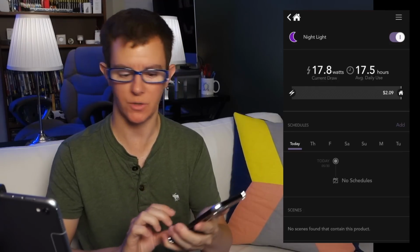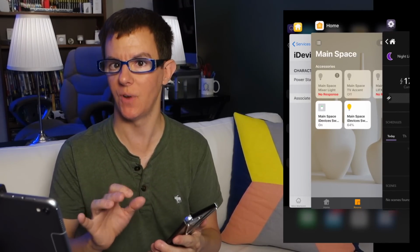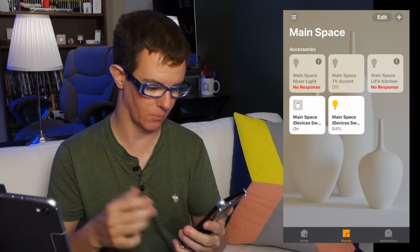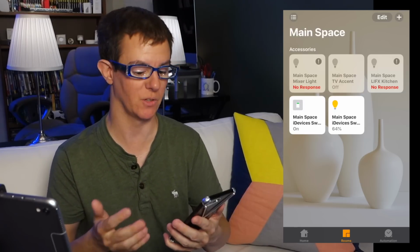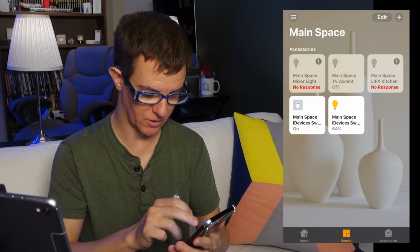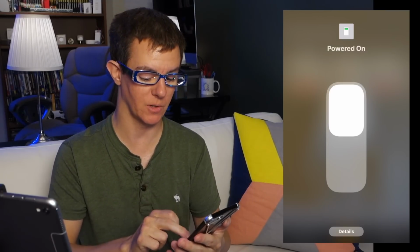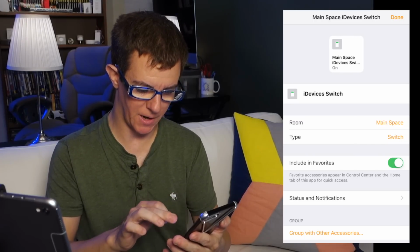But let's jump over to the same information, the same device in the Apple Home app. So here we are in the Apple Home app, in the main space, as I call it, which again, I don't set these up that often, so forgive me if some of these devices are like no response or whatever. I'm going to just long press on the actual switch, which says it's on, and it says powered on. Okay, that's great. I'm going to go into the details at the bottom here, and it's in the main space,